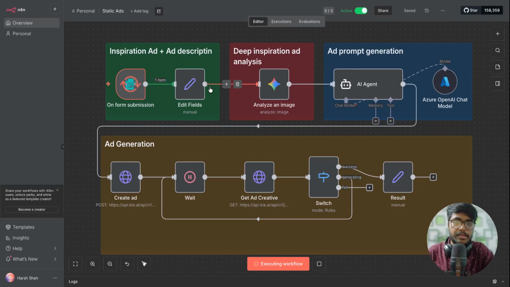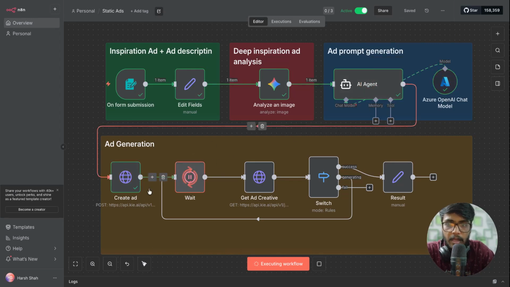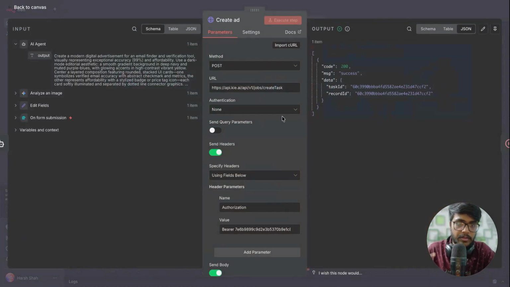So now we can basically see it in action. So yeah, let's wait for some time, and we'll have our first image ready. Yeah, so now it is analyzing the image and generating the prompt, and oh, it is super fast. Now if you see, once we send the request to generate the image, it creates a task ID,